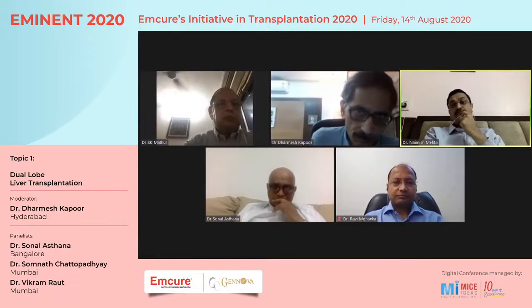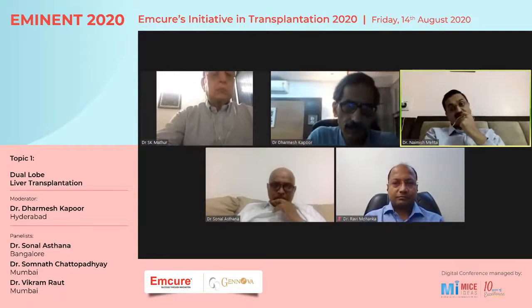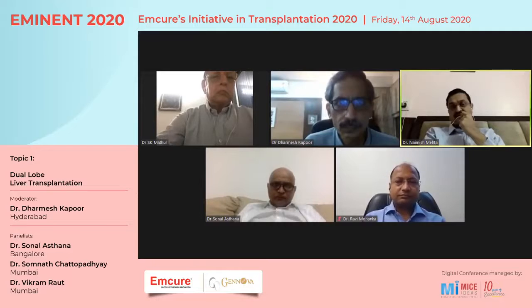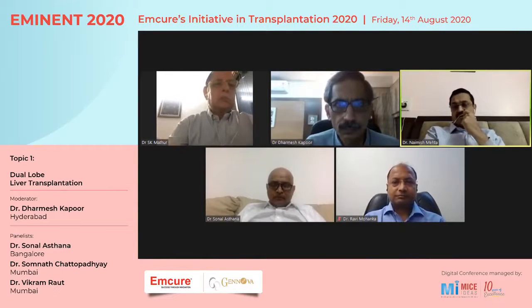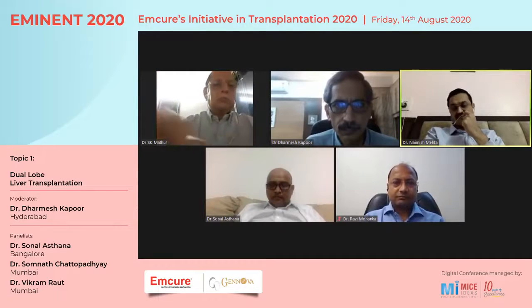We don't try to remove the ascites. We don't look at the dry weight. The patient has got edema also. Some of our recipients do come with edema. So it is very difficult to say exactly only GRWR. And as you rightly pointed out, most of the centers now have realized that we can come down on the GRWR. We are happy with 0.7, and some centers, as you rightly said, 0.6, 0.65, they can go ahead with